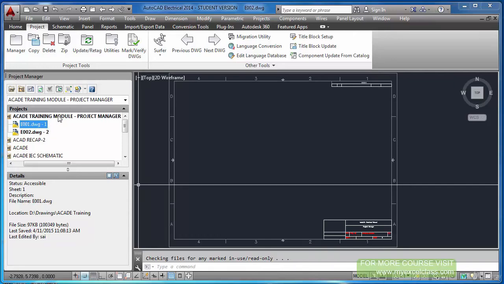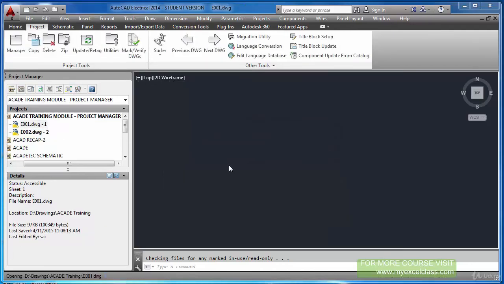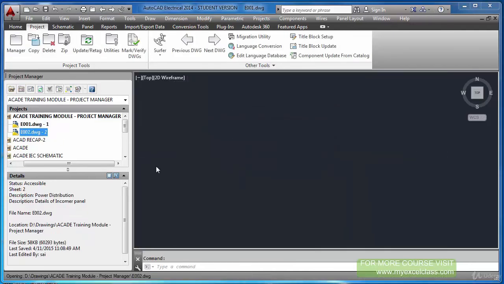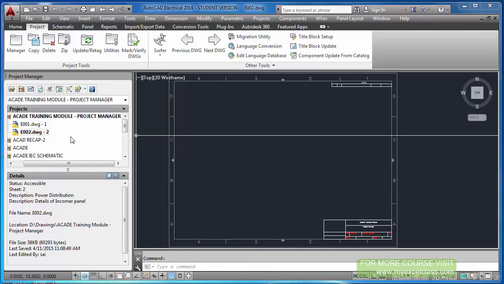Now inside this project I have two drawings. One is E001.dwg, that is my file name, and the last one is my drawing value sheet. It is the same way too. But unfortunately, this is a different title block, because this is just for demonstration purposes only.